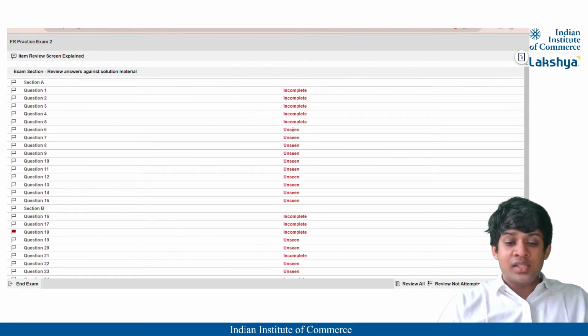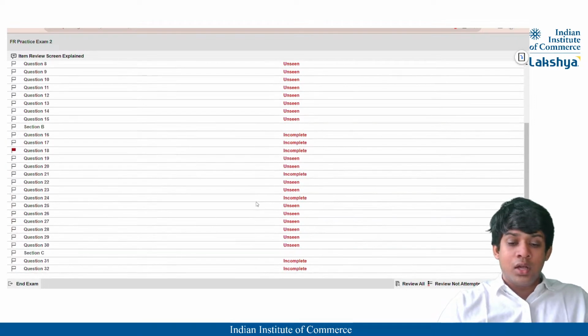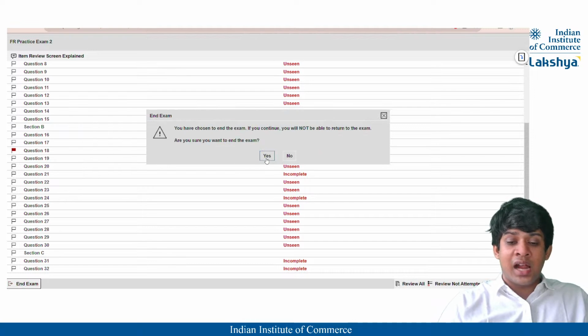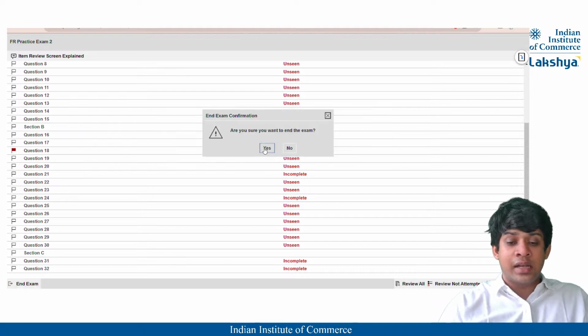Some things which you've not seen are stated as unseen. That means I've not even opened this question. Things which are incomplete are stated as incomplete. And then eventually on the left hand down corner, I will have the option to end the examination,